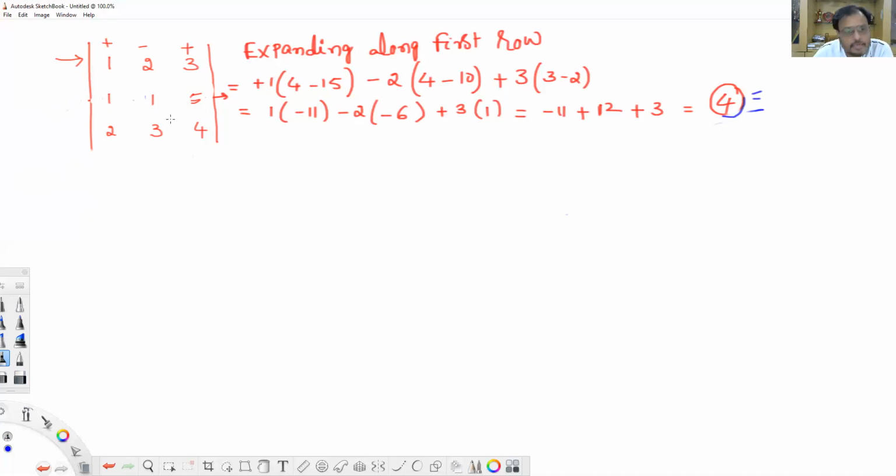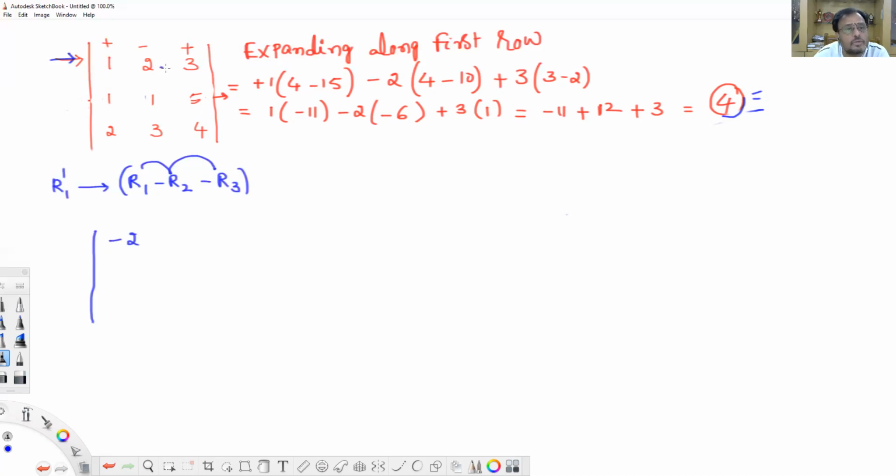What I'll do: I will take R1, and from that I'll subtract R2, and from that also subtract R3. After that you get some result, and that result I am going to apply for R1. So row means you can come like this. Look at here, you can take any operation like this. R1 minus R2 minus R3. The result has to be written here. Look here: 1 minus 1, 0, 0, minus 2, minus 2.